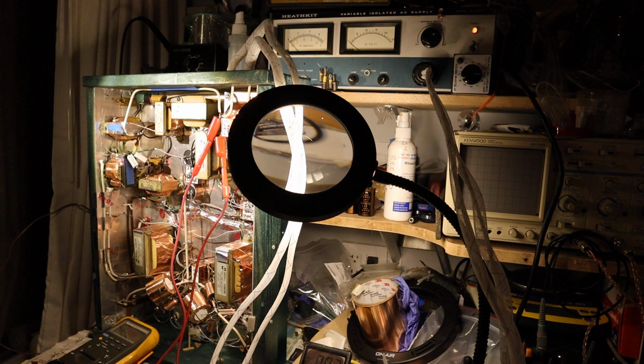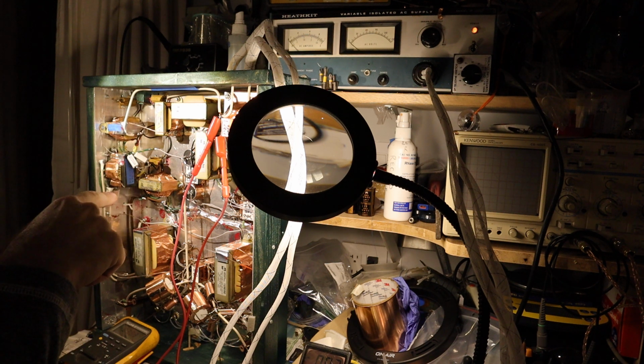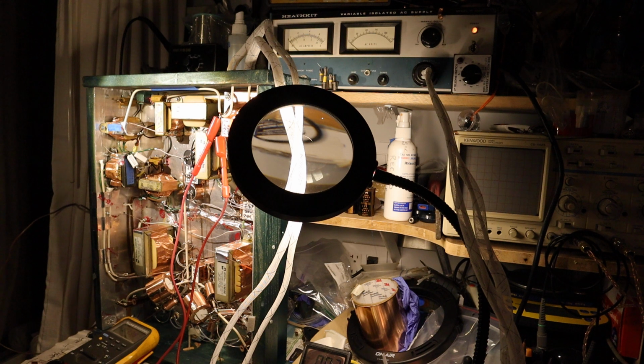So actually about this sequence on how to turn on an amplifier for the first time, I made a video about this over a year ago. At that time it was just a list, but now I'm showing it to you. So basically, as I showed in the previous video, we have the